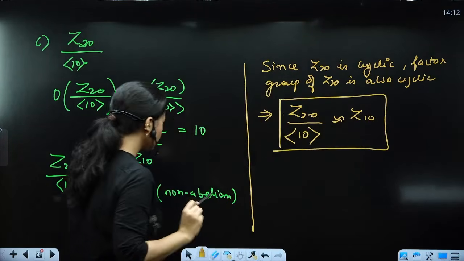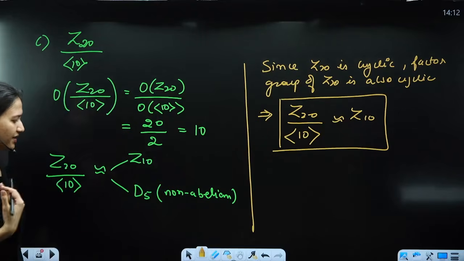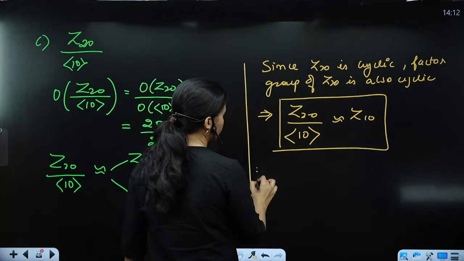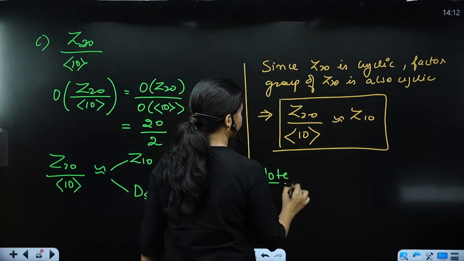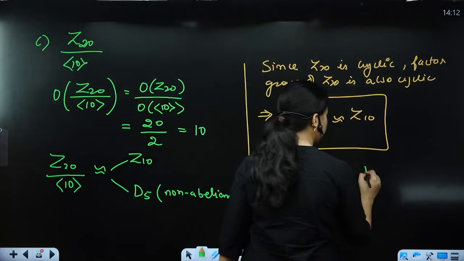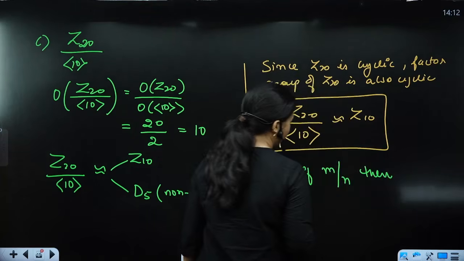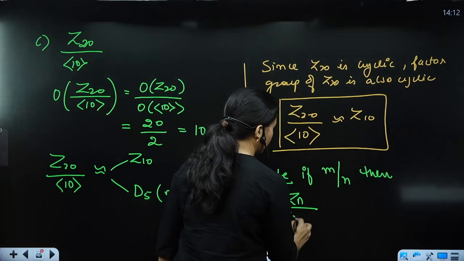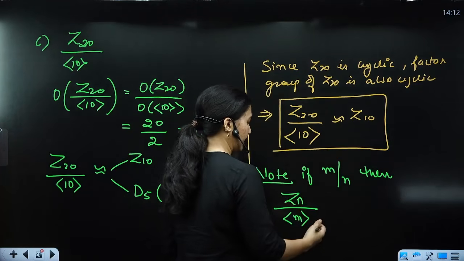Now here is an important result. If you want to try something otherwise in this, you can do it here, no problem in that. But the result is that if m divides n, then the factor group Zn upon the cyclic group generated by m is isomorphic,